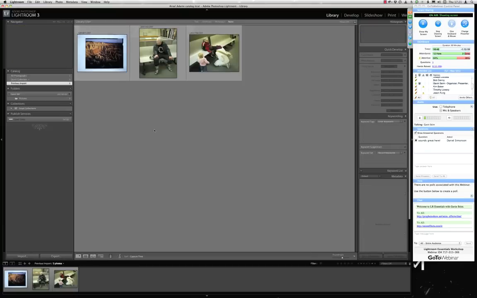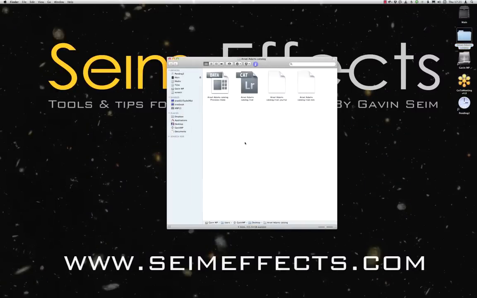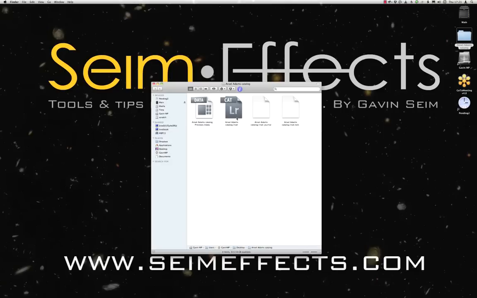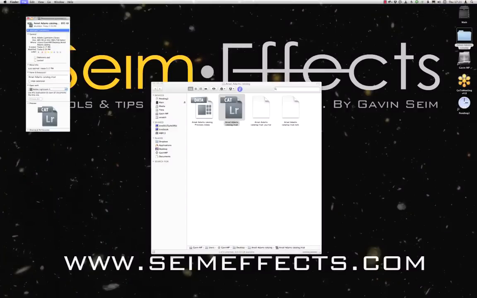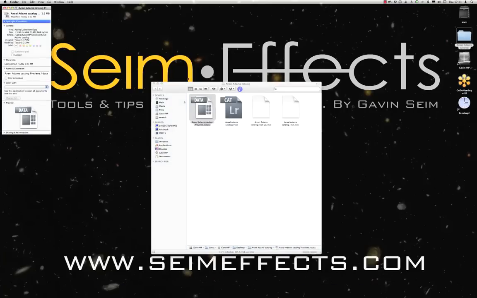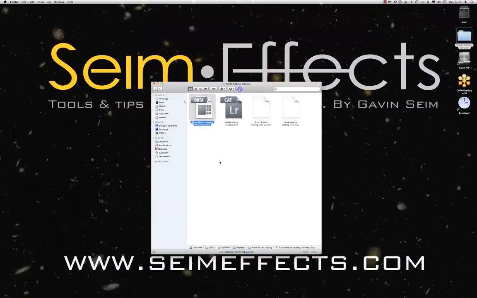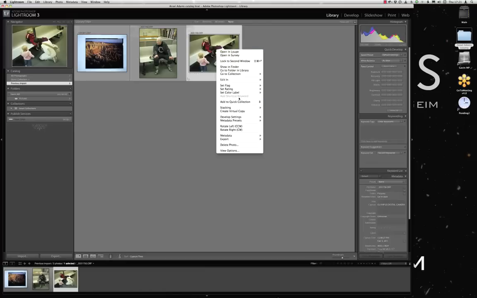Okay, so let's hide this for a minute and go back to where we were. Here's that folder again. There's the Ansel Adams catalog. Now if we look at the catalog, it's only gone up by 3 kilobytes. So I'm just reinforcing we haven't imported photos into the catalog itself. You'll notice it's made some previews. We have a 1.5 megabyte preview file because it's rendered the previews for those images. Everything in the catalog is referenced to wherever I told it to import these images, which in this case, I'm